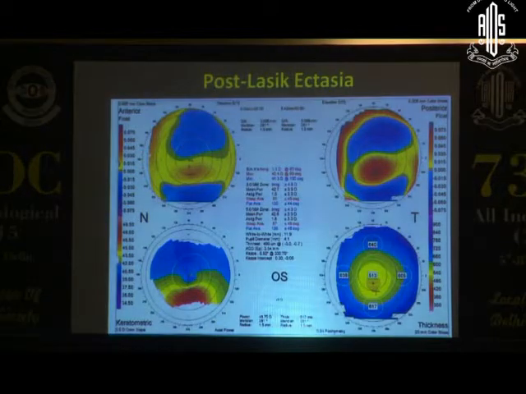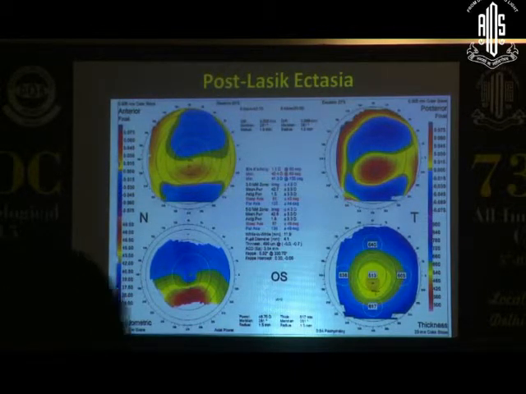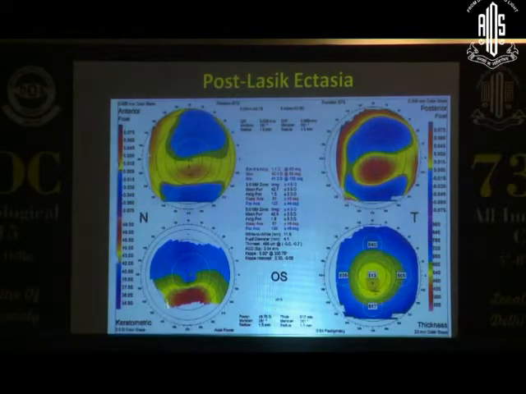Now the post-LASIK ectasia. The last case was only a normal LASIK. Now you can see this post-LASIK, and this is how we have to search. If there is ectasia, then you can see the posterior elevation is high. That means the backside of the cornea is thin and elevated, and it is matching with the anterior elevation also,